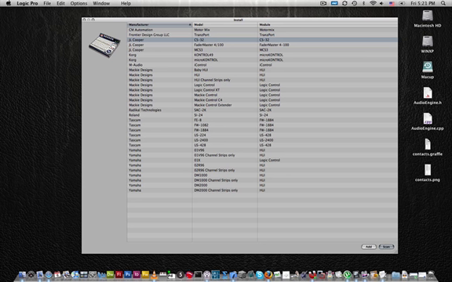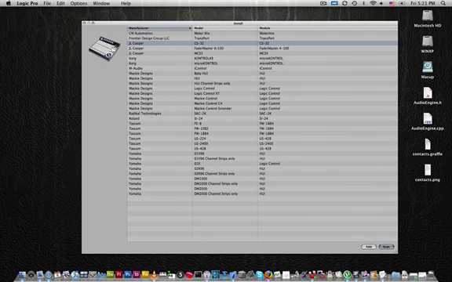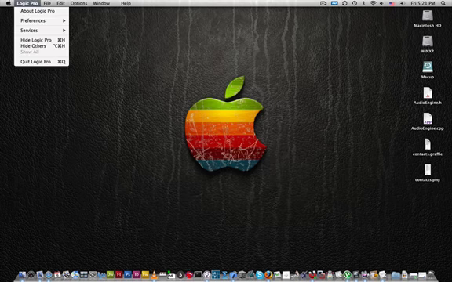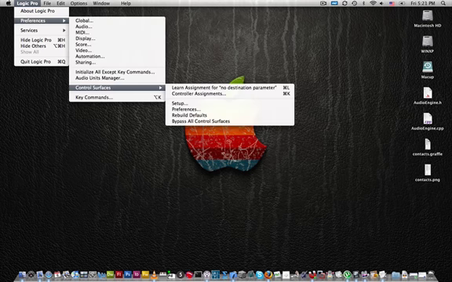So I'm just going to select this J.L. Cooper CS32, which was actually a pretty good one because it has simple messages and it has a lot of different common control things that we need to do. And it's actually a 32 channel mixer, so there's a lot of channels if we need them. So if you click Add, it actually goes ahead and adds the device. We can go ahead and close that, and in fact we can see it right here in the setup. It's actually installed, so we can close that, and then go to Logic Pro, Preferences, Control Surfaces, then go to